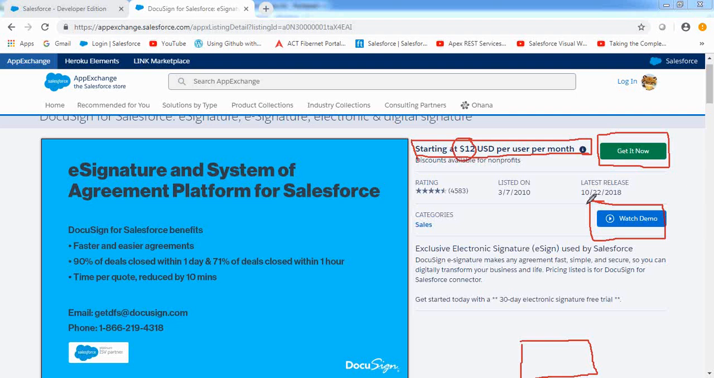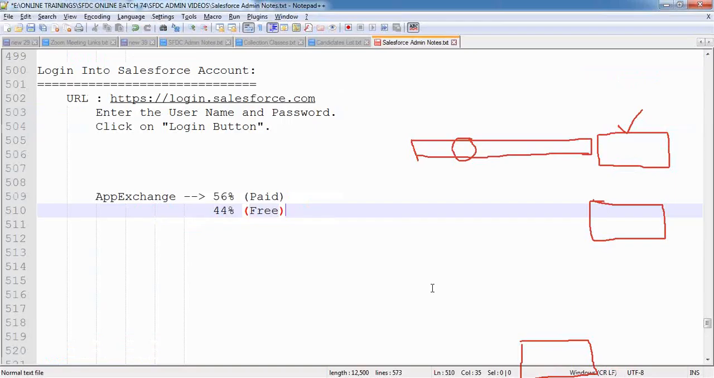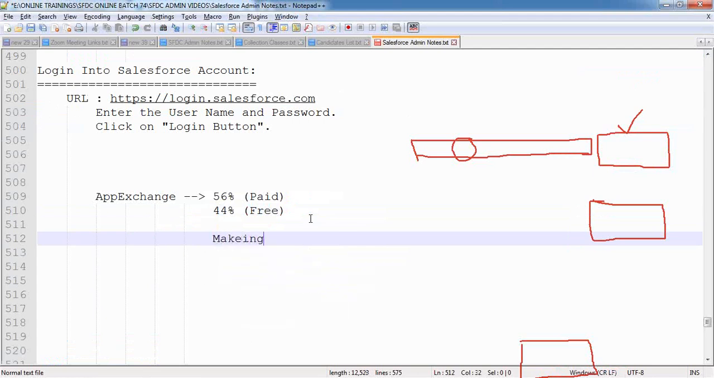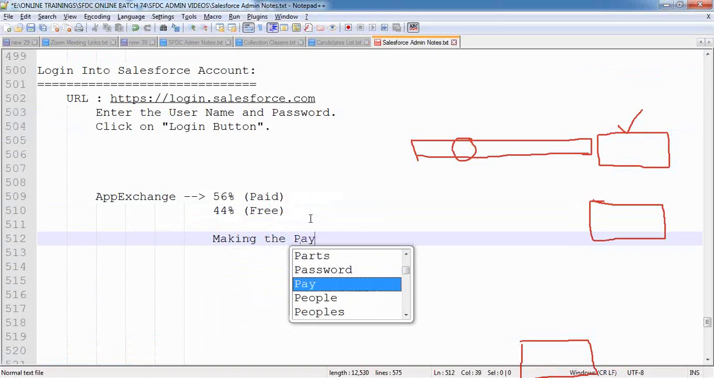So we are able to install the application inside our organization. If it is a paid application, upon clicking Get It Now it will ask you to make the payment. Through the payment gateway we can make the payment, and then that amount will be transferred to the organization that has built the application. But whenever you are making the payment here,